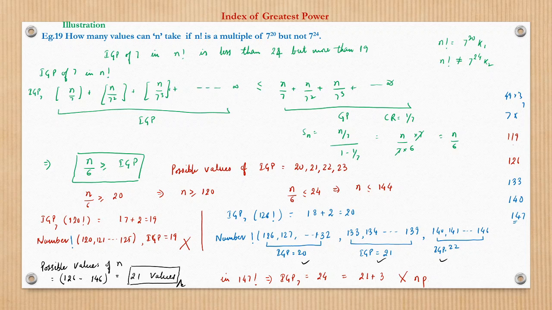Got the point, right? So the important thing was we need to concentrate on the possible IGP. We got the broad range using this relation, in which we have to check. We checked the individual IGPs, and sorted out those cases that were not possible. So 147 and the further numbers were not possible, and 125 and below numbers were not possible. So the possible range was 126 to 146 that we have taken, right?